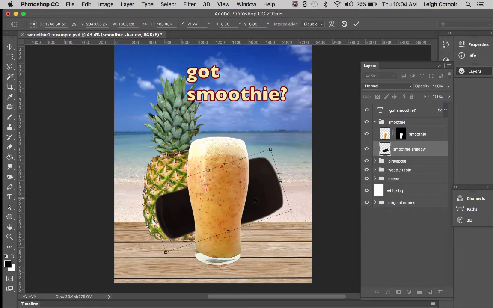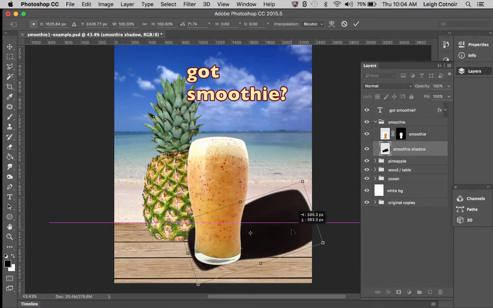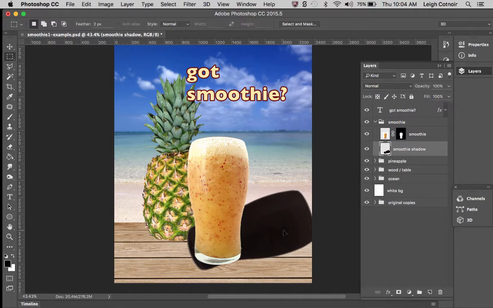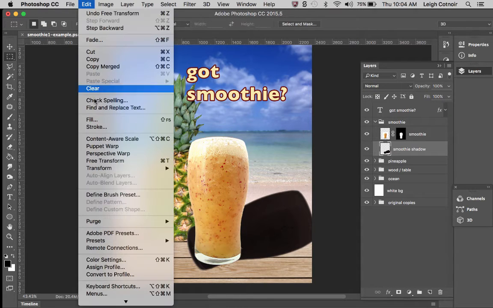casting this way, then the shadow would probably be cast somewhere in this direction, right? So I'm going to go ahead and do that. I'll commit to that rotation, and then I'm going to go ahead over here and I'm going to choose to